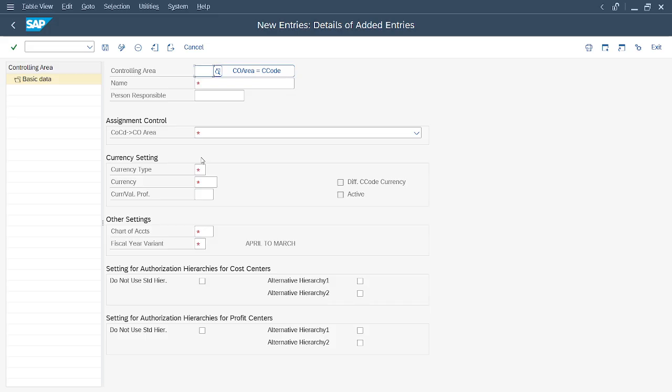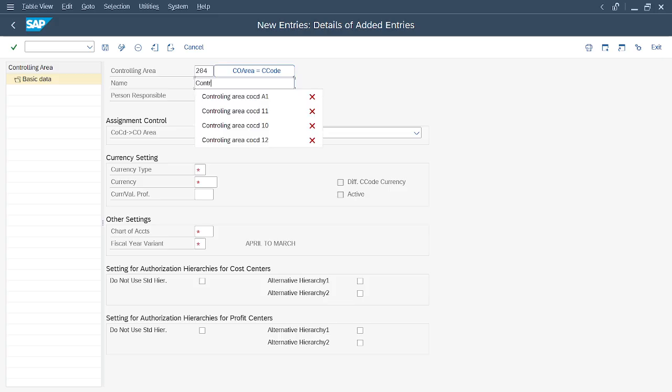But the main part is that we don't need to define all these things. We just need to define a few things and all the information will be there. Firstly, we have to give the identification. I'll give the same as the company code, 204 identification. I'm continuing with the same. Then name,